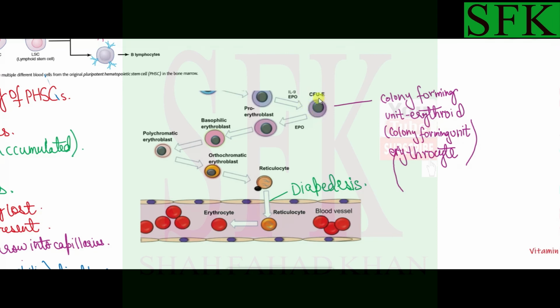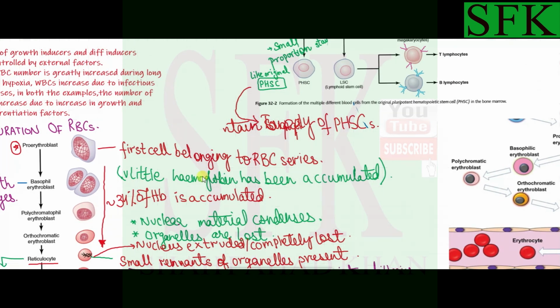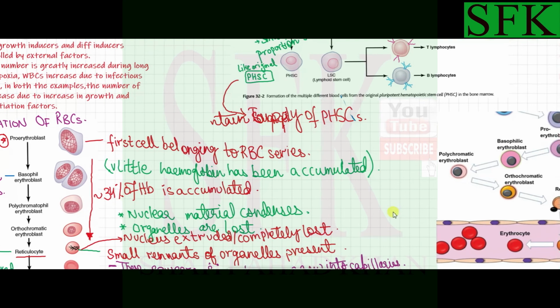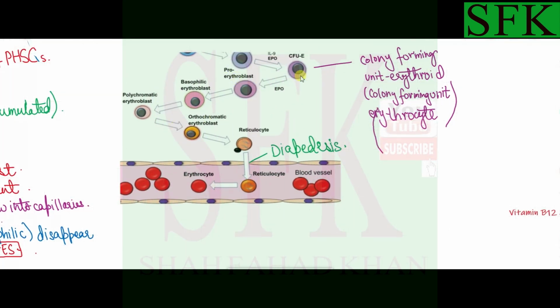Okay, colony forming unit erythroid gives rise to proerythroblast. We talked about proerythroblast over here. Proerythroblasts, I told you, are the first cells of the red blood cell series, the erythrocyte series, which are formed from the stem cells. These are also blast cells. Now these proerythroblasts will form basophil erythroblasts, and then polychromatophil erythroblasts, and orthochromatic erythroblasts, then the reticulocyte stage. This is the stage when the nucleus is